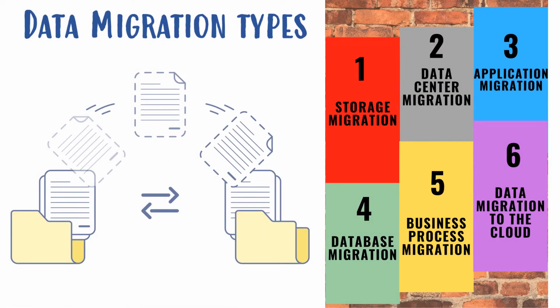Let us take a look at the types of data migration, which are really interesting. First is storage migration. This process deals with moving data from one storage system to another, such as a hard disk or the cloud. The goals of this technology refresh are faster performance and dynamic scaling. Second is data center migration. Migrating an entire data center environment to the cloud or another location is a large-scale, comprehensive process which requires careful planning and coordination to avoid any downtime or disruption.